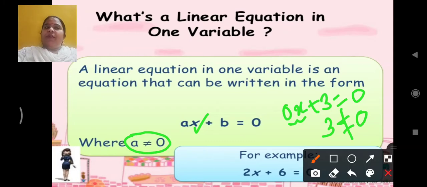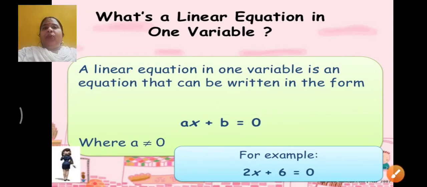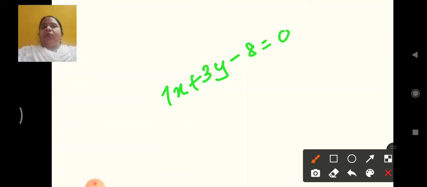So this is what we have already learned. Now coming back to our chapter, let us understand a few important concepts which we are going to use in this. Suppose I give you an example like 7x plus 3y minus 8 is equal to 0. Now what we need to understand in this? First thing, there are two variables used here, x and y. Degree is 1. So this is a linear equation in two variables.